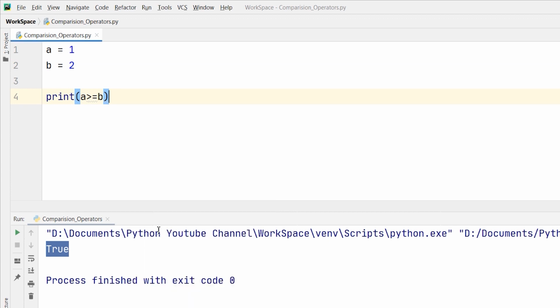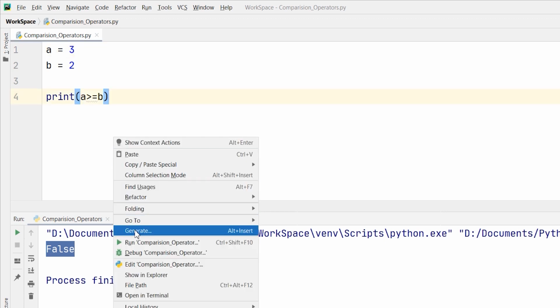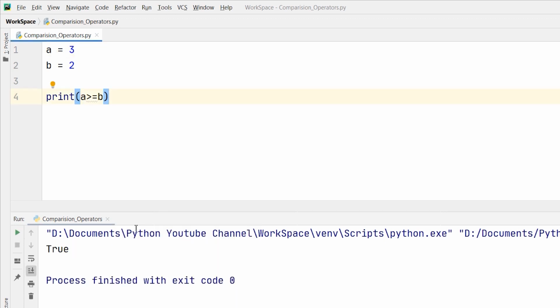But in our case, a is less than b, therefore the false statement is coming out. Now I am changing the value of a to 3 and running it again. See, now the answer is true because a is greater than b in this case. Either it has to be greater or equal to. Then only the answer will be true.